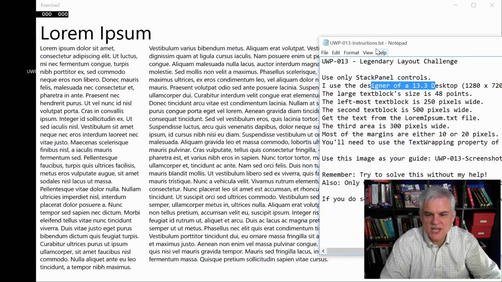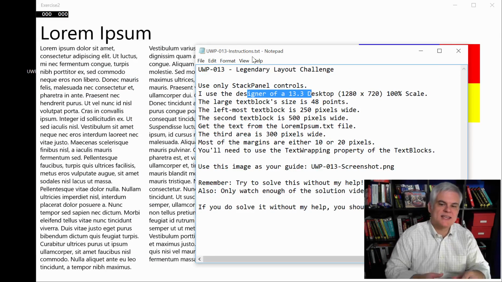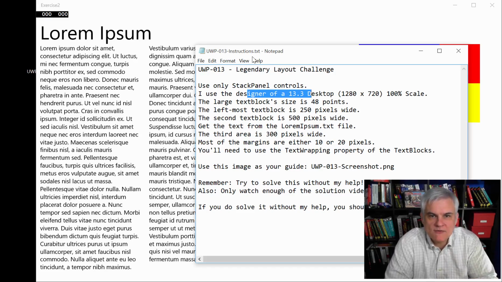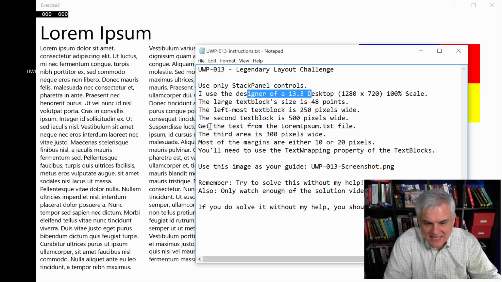to these instructions. And I also wanted to say, yes, I know that I said don't use absolute pixel values, use relatives whenever you're working with Universal Windows Platform apps. However, this is just an exercise just to flex your layout muscles, so don't use this in the real world, okay? You should get the text for these lorem ipsum